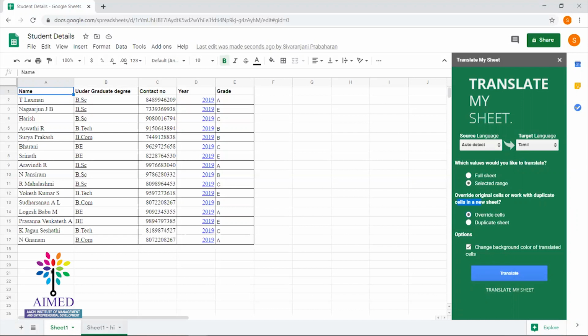It will not create a new sheet. Then here we have a checkbox, if you want to highlight the translated cells, like the translated cell here, which has a green background. If you don't want that, you can uncheck it and click translate.